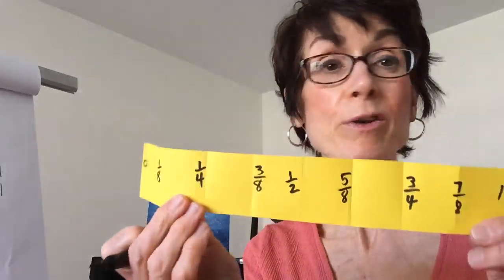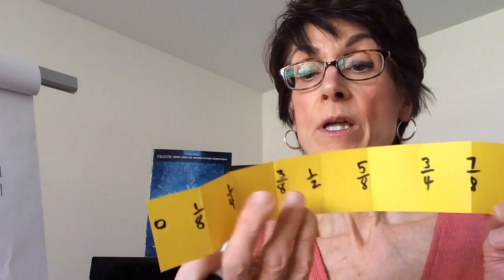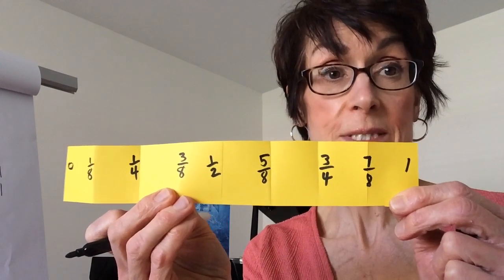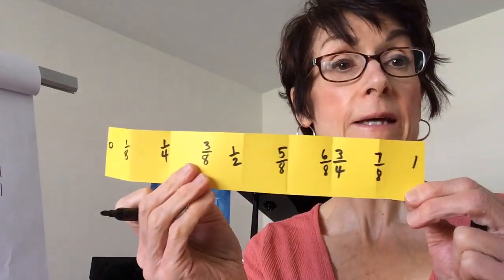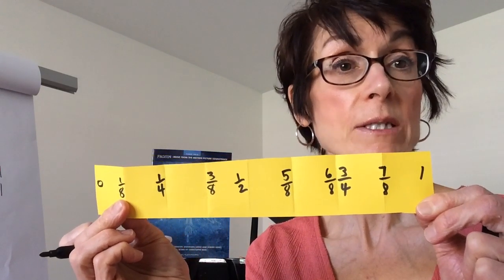use at home. And you can make one anytime. So we have 0, 1/8, 1/4. We have 3/8, 1/2, 5/8, 3/4, same as 6/8. And I can just write that in beside there so I can remind myself as well. And 7/8 and 1. So there you have a benchmark just like the number lines you have on your desk